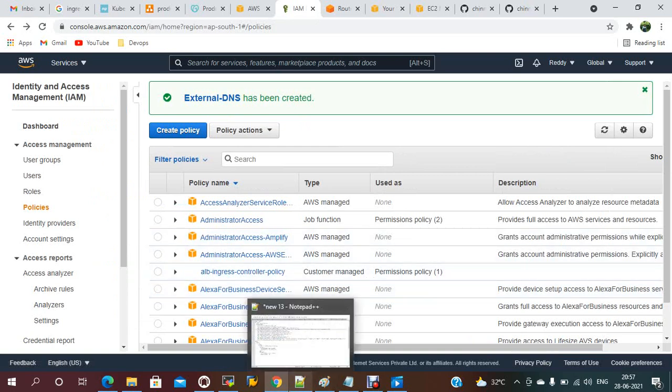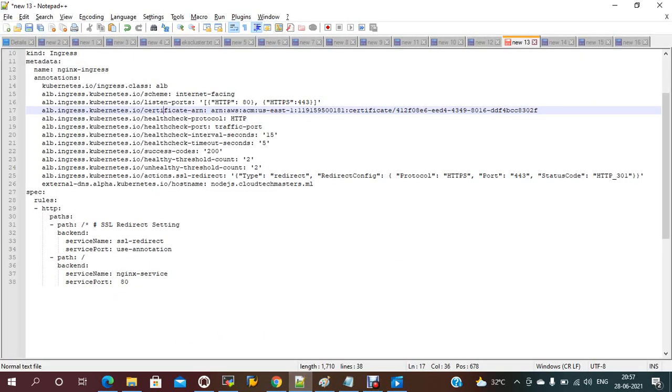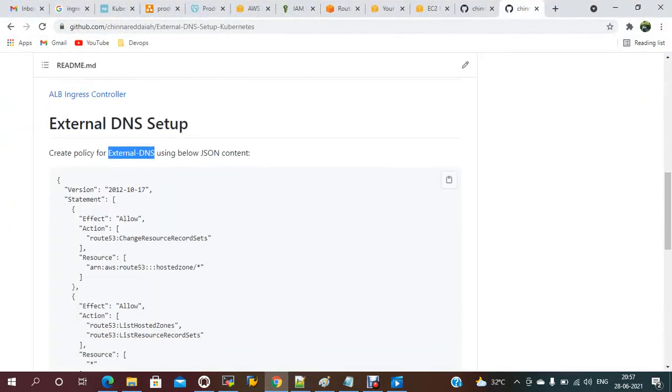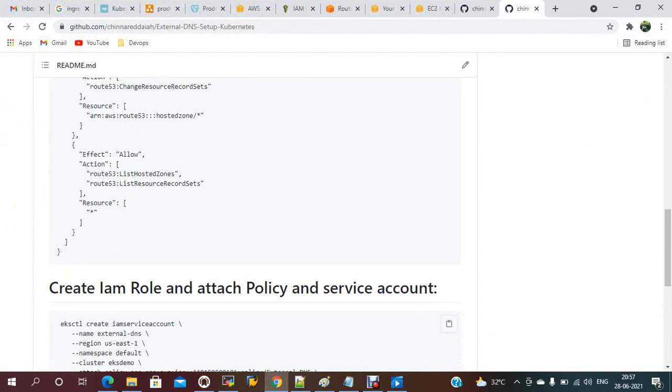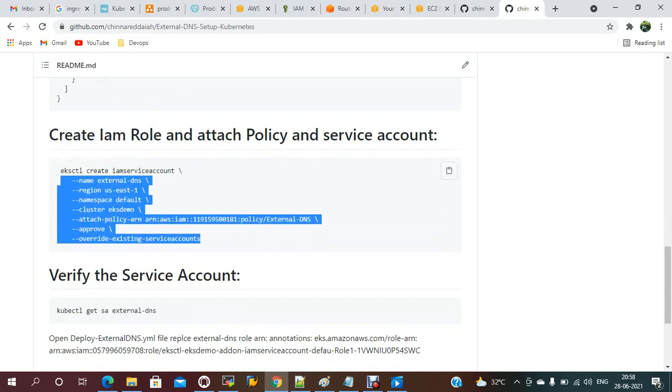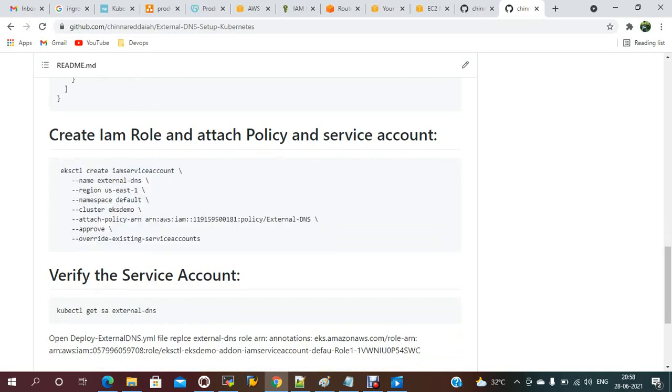Once this is done, you just need to do another step. With this policy we need to create an IAM role and attach this policy to the service account. So you just need to create this account, and you have created, right? You just need to provide this information.